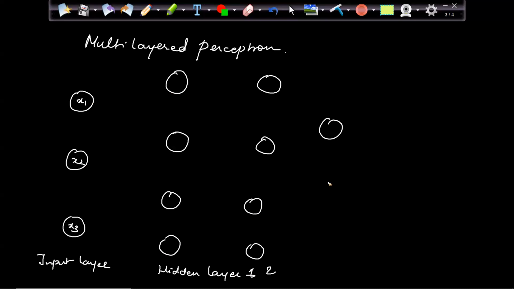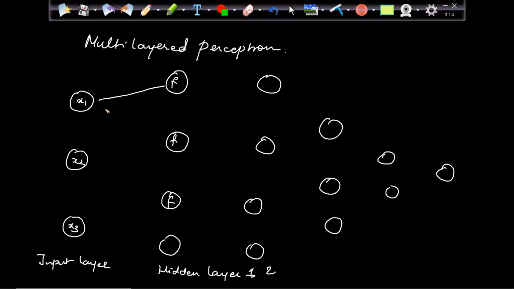Maybe after that I have one more hidden layer with three neurons, then maybe one more hidden layer, and then finally the output. So here we are coming up with multiple hidden layers which may have different functions to it. Maybe here I have a sigmoid function, here I have a ReLU function. We'll talk about a lot of various functions out there. And here there is no limit. We can have any number of hidden layers.